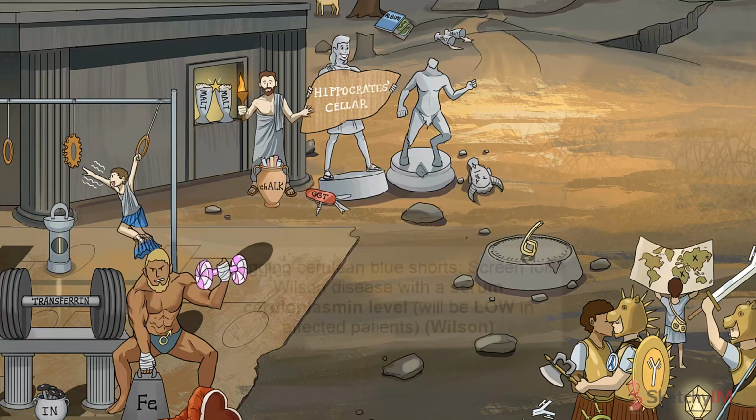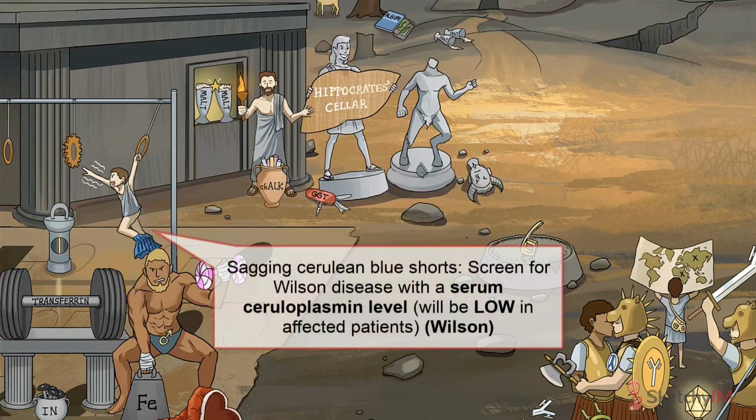The screening test for Wilson disease is a serum ceruloplasmin level. Ceruloplasmin is a copper transport protein. In patients with Wilson's, incorporation of copper onto ceruloplasmin is impaired. Without bound copper, ceruloplasmin has a shorter half-life. As a result, expect the ceruloplasmin level to be low in patients with the disease, hence the oh-so-saggy cerulean blue